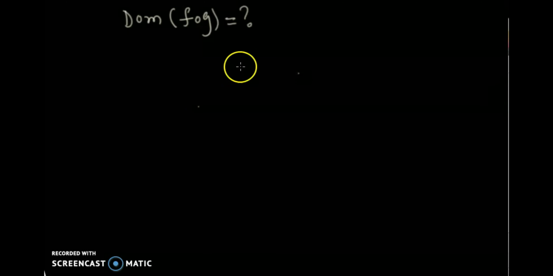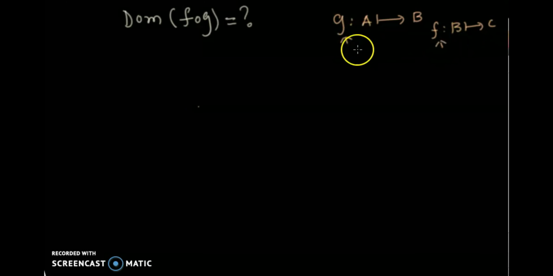Next tricky part is to talk about the domain of f of g, how to find this domain. So this is really some tricky logically how to find. So this domain of f of g, so don't forget that g is inner function. Let's say it is defined from a to b and f is defined from b to c. So this f is outer function and g is inner function, which is composed inside f. So in the domain of f of g, you will take those values of x